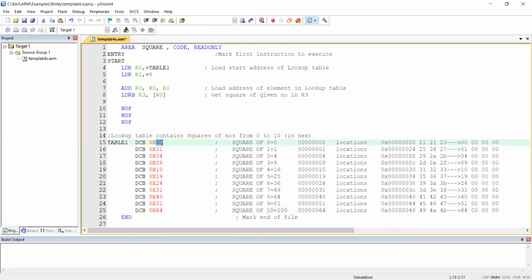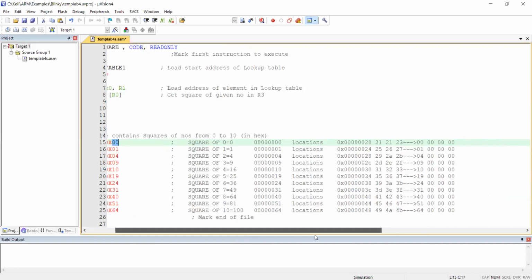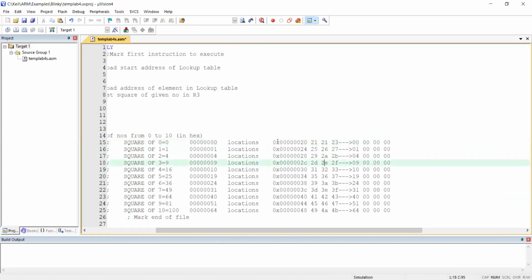Even though it looks like two symbols, how is it stored? 0 is stored as zeros, 0 0 0 0 0 1 0. 1 is stored as 7 zeros and 1. 4 is stored as 7 zeros and 4. Then 9 is stored as 7 zeros and 9.